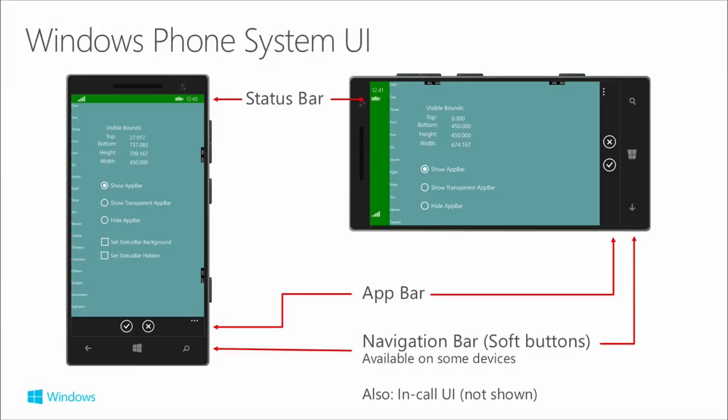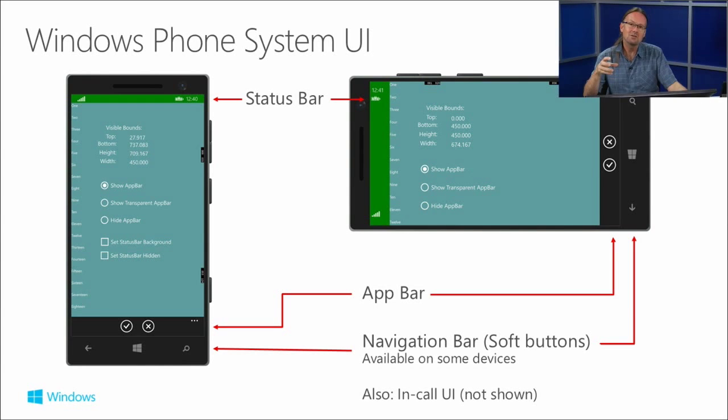And then at the bottom, we've got the app bar, which is the application bar, which you can program to put the primary commands that the user is going to be tapping on to interact with your app. So typically they'll be confirm and cancel kind of buttons or something pretty major. And also the little ellipsis on the right side of the app bar, that's where you can put secondary commands, which will be text options that will show. So we'll look at this in a little moment.